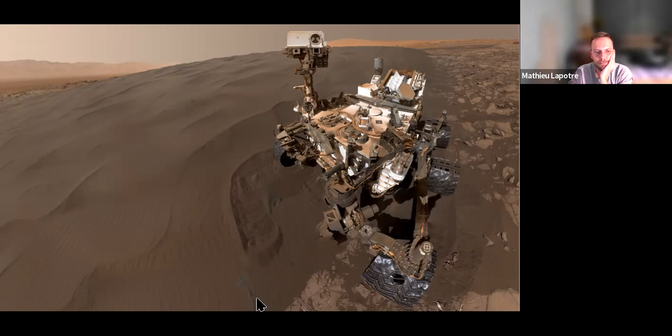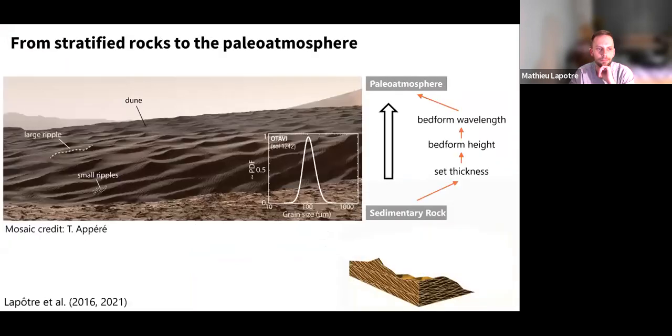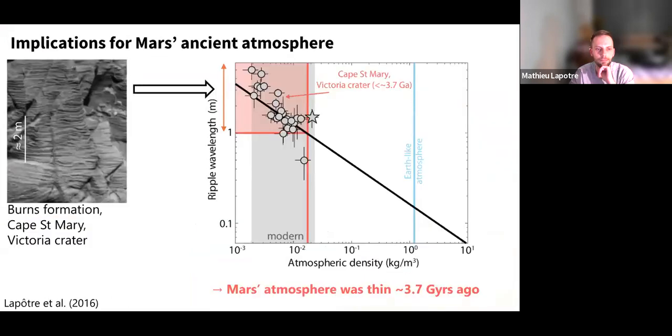Any other questions? Let me ask you one, Matt. I was intrigued by your comment towards the end that the thin atmosphere back at the time when there was still water on Mars tells us something about the way in which the planet was losing its volatiles and water at that time. Could you say a little more?